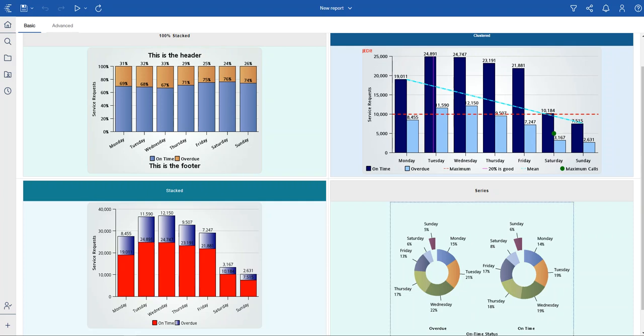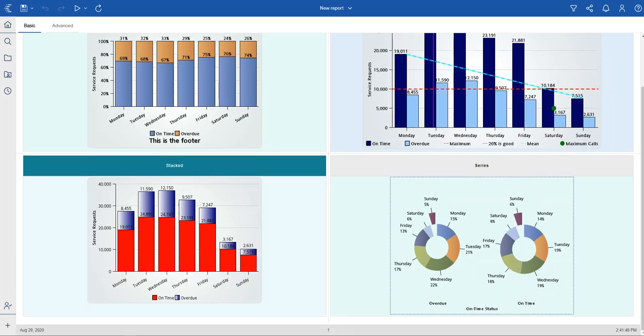And to the right here, we have a pie chart. Here the on-time status is broken down into percentages, and the overdue is also broken down into percentages as well. As you can see, we have Monday 15%, 21% for Tuesday, 22% for Wednesday. Maybe your organization might be looking to track any particular day. So in this chart, we have Sunday. You can explode Sunday so you can track it. The goal of charts and visualization is to make it easy to read, analyze, and understand.